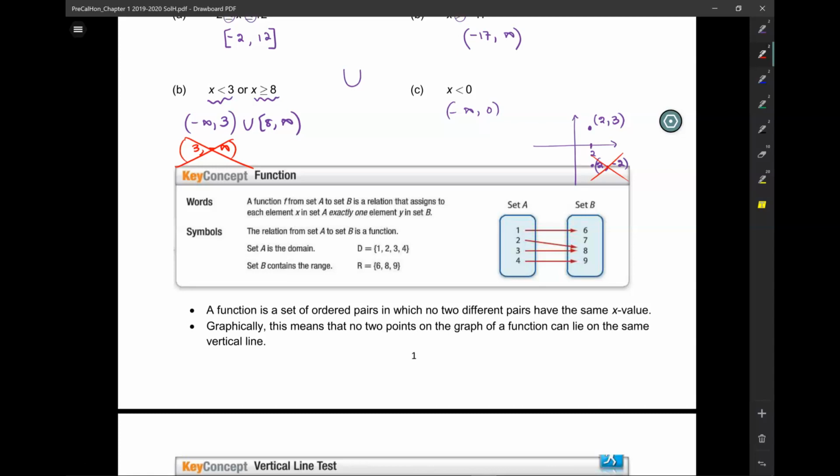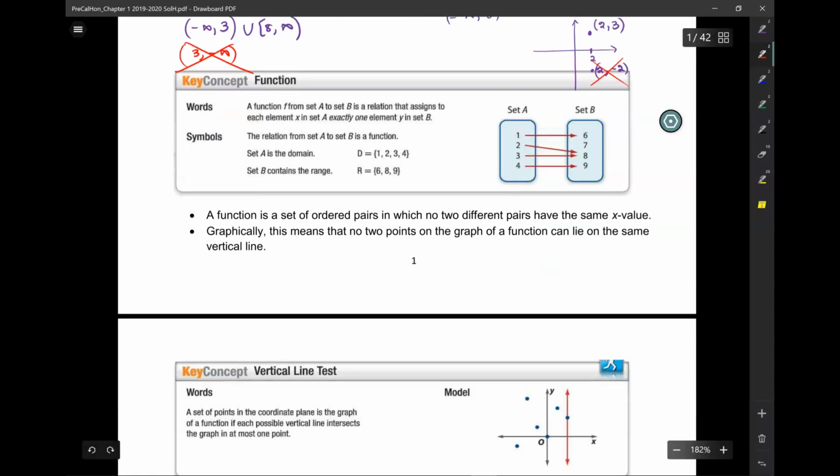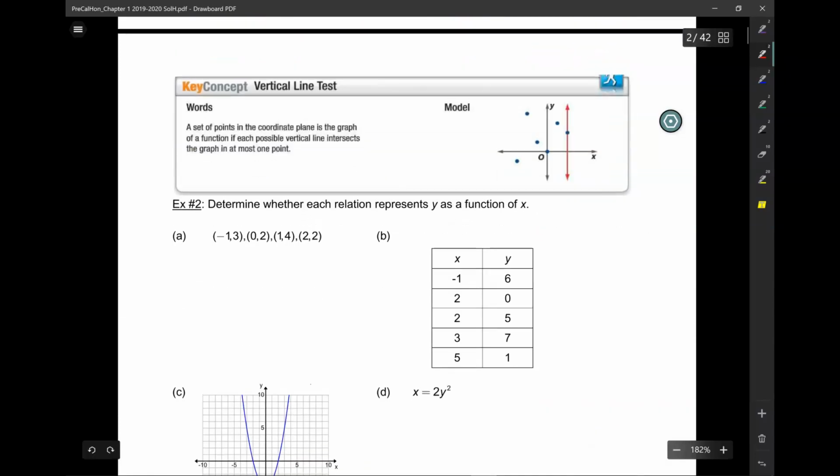So if you see here, each x can only have one y value. So if x equals 2, the y value can only be 3. It can't be 3 and -2. But can't two y values have the same x? No. Two x values can have the same y. Yeah. All right. The best way to think about it is the vertical line test, which means if you can